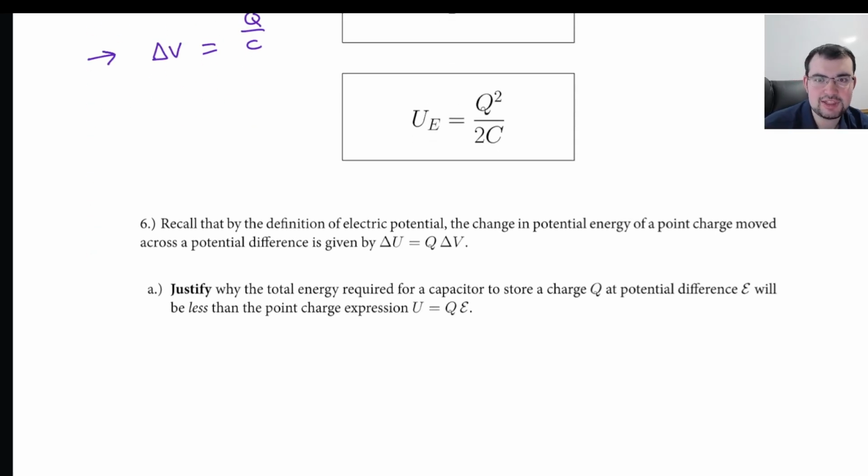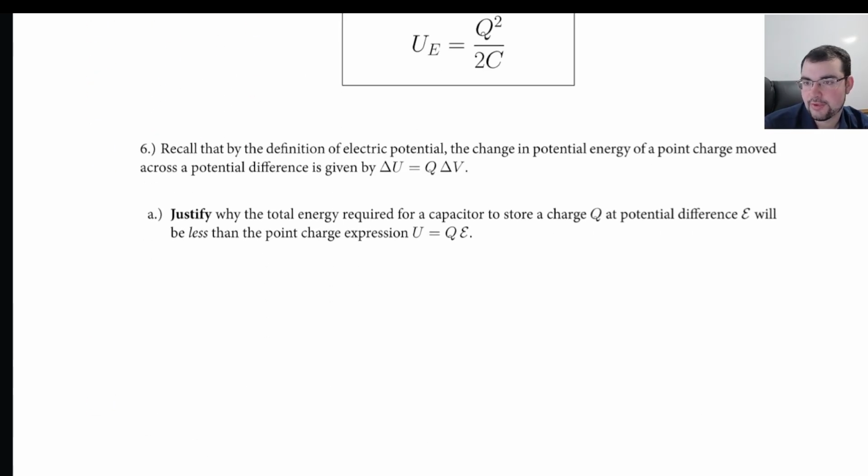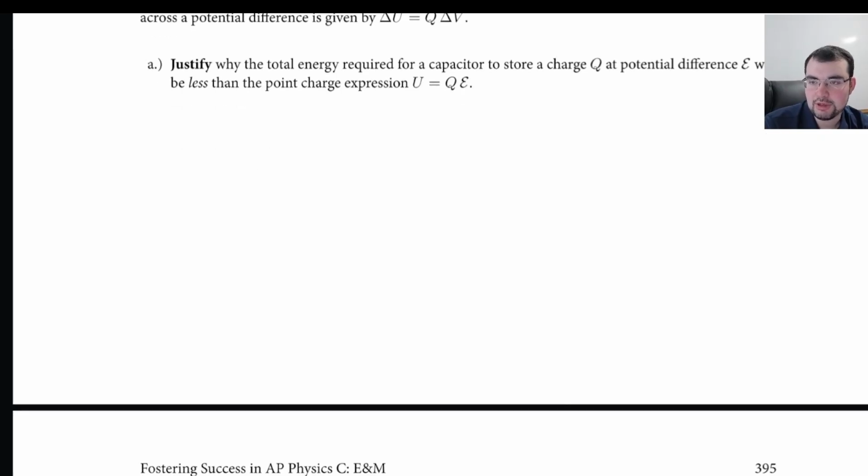Of course, from electrostatics, we said that delta V is the energy per charge. So delta U should be the total charge times the potential difference. But we see with the capacitor formulas, there's this factor of 1/2 that shows up. So we're going to justify this. Why is the total energy required to actually store this less than Q times delta V? Well,